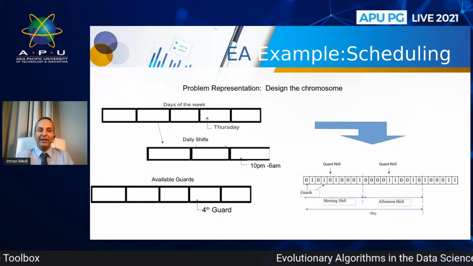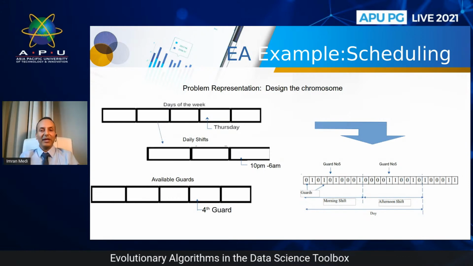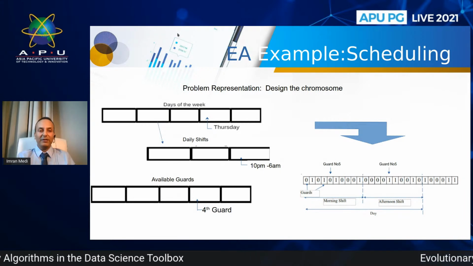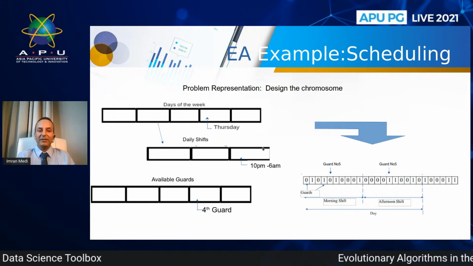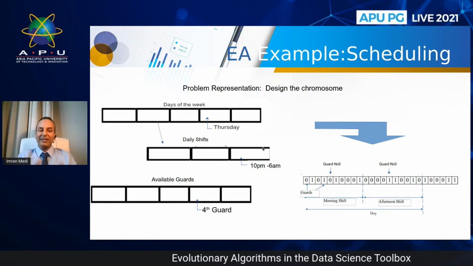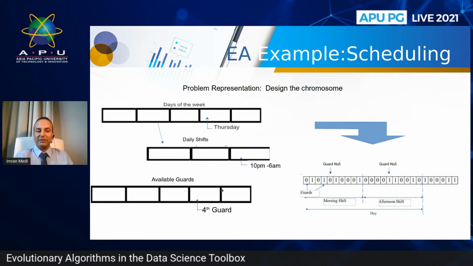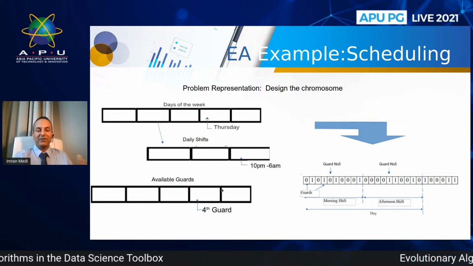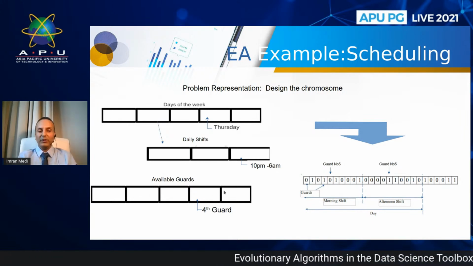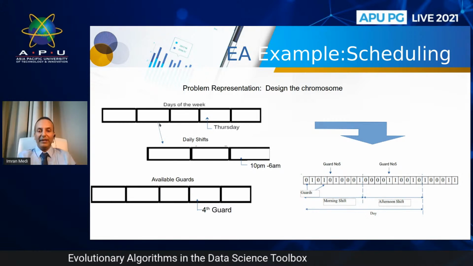Okay, what we can do is there's three things or three layers that we're kind of interested in. We have days of the week. Within each day of our week, okay, we have some shifts, morning, afternoon, and night. And within each of those shifts, we're going to have a series of guards, okay, that are available, or a list of guards that we're going to be choosing from. So for every shift, we've got a list of guards that we can choose, and each shift or combine 3 shifts make up a day.